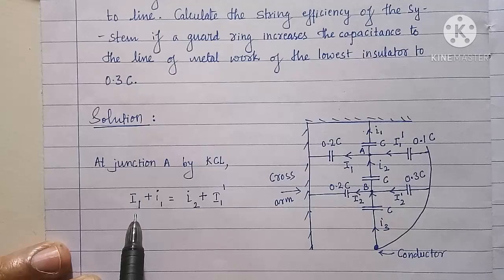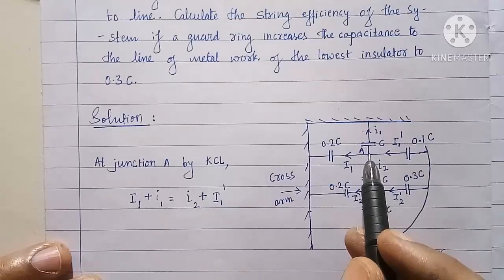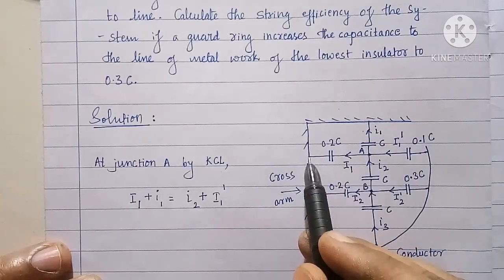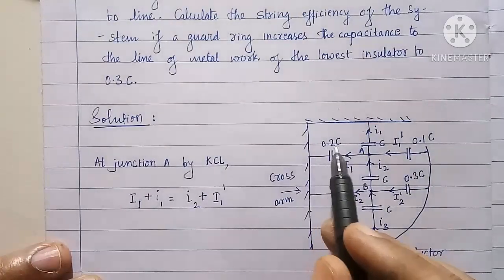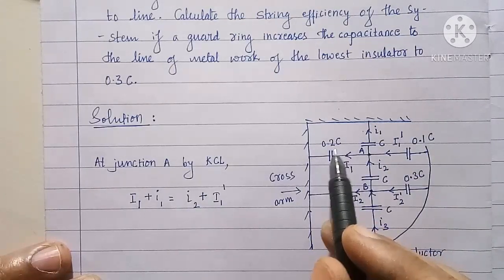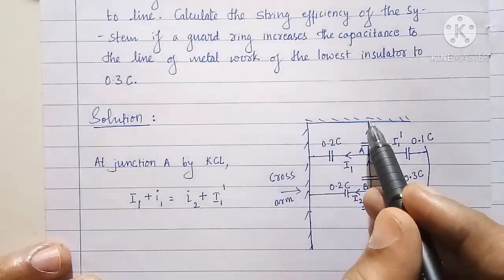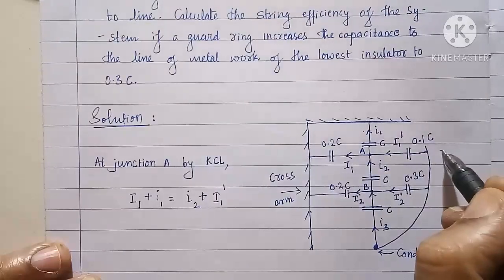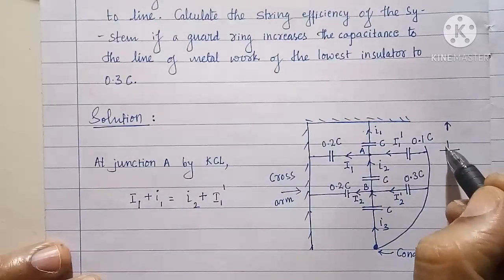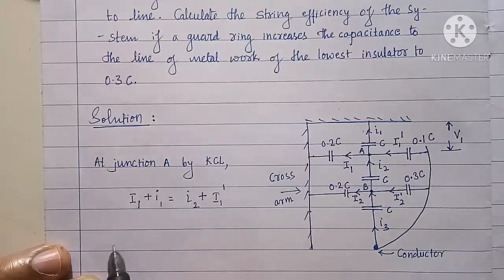I1 is the current flowing through the capacitance between the link pin and the cross arm, and that is given by voltage across 0.2 C capacitor into omega C. Since this first 0.2 C capacitor is connected in parallel with the first insulator unit, the voltage across 0.2 C capacitor will be equal to V1. So we can write this as V1 omega C